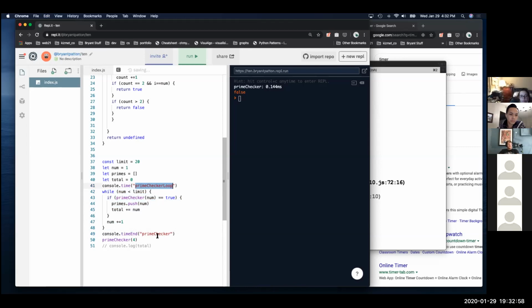Okay, so if I did it just for that while loop. Okay, and that's for a 20 limit. So that right there, 77 would be the product, the Pythagorean product or whatever. The product of a Pythagorean triplet.